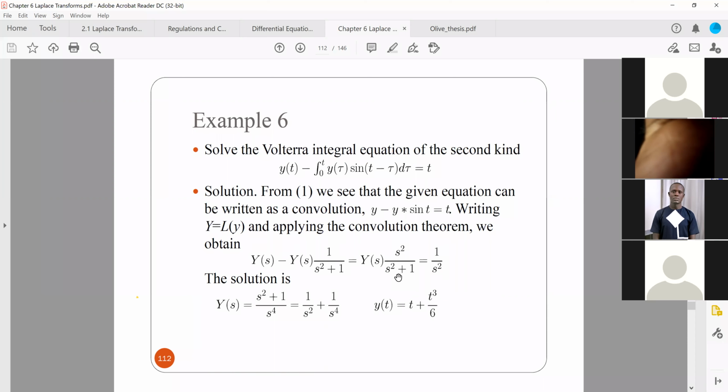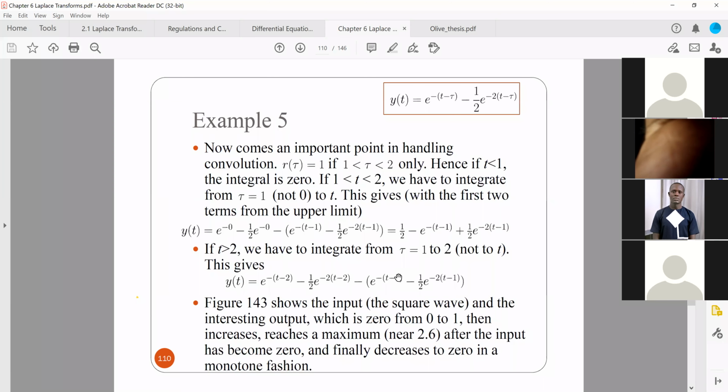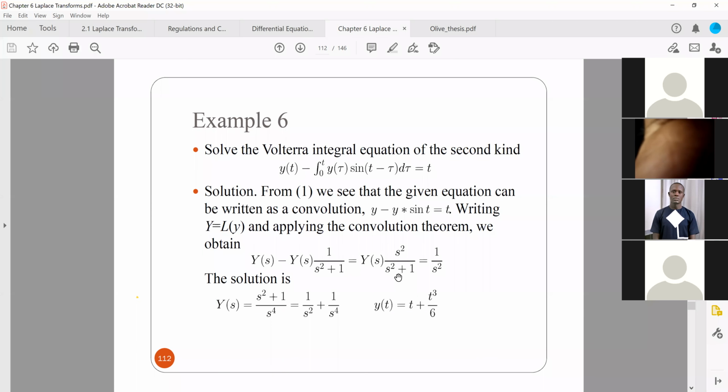Okay. So another application of these convolution integrals is we have equations like this. This is the Volterra integral equation of the second kind. So you have y(t) minus an integral from 0 to t of y(tau) sine(t minus tau) d tau. So it's like a convolution. This should be clear: you have y minus this convolution, which equals some function,